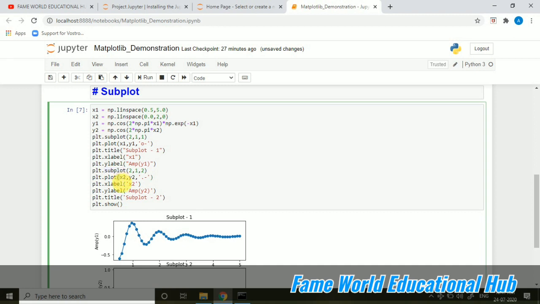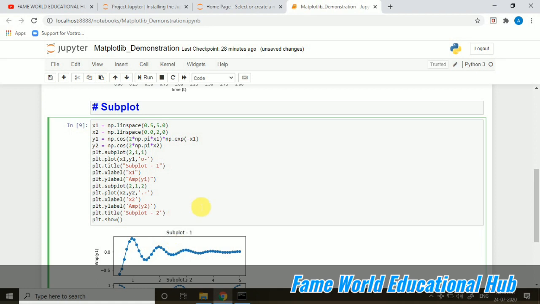Okay, let's rerun it. Okay, so I have taken this comma here, but it should be a dot, so it is 2.0. Let's run it again. Okay, now you can see it is coming properly. Now it is fine. So the program was correct, just some typing error, the comma was here.